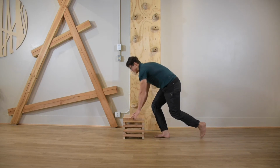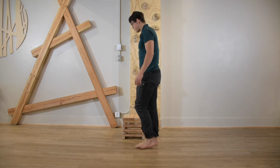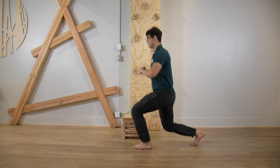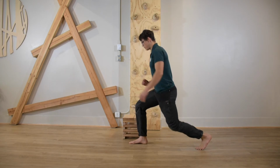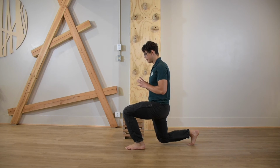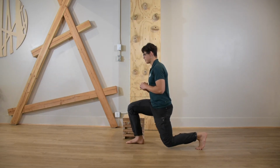And last set here, we're almost there. Back step lunges. Right foot goes back, lower, come to the front, left foot goes back, knees stay over the toes on that front leg, right foot goes back, left foot goes back,